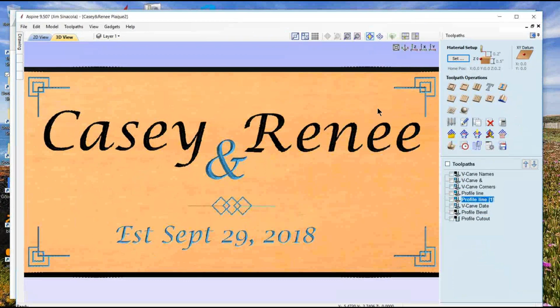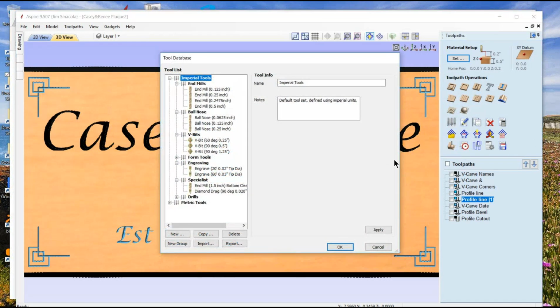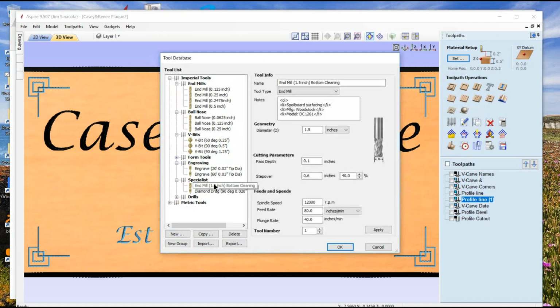Okay, let me quickly show you how you get to the job notes. Let me go into the tool database. You can open up your tool database by going over the tool path, and it's right here. So this opens up your tool database. Now I only have really one specialized tool right now that I'm using, and it's this one right here. And you can see right here,